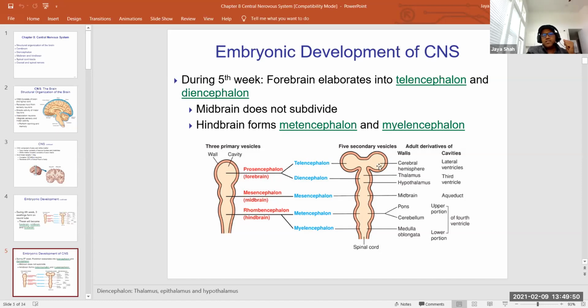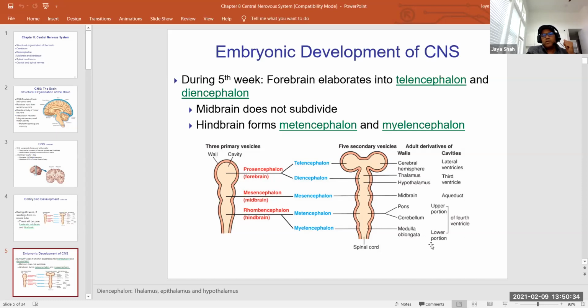So the telencephalon forms the cerebral hemispheres, the cerebrum. Diencephalon forms thalamus, hypothalamus, and epithalamus, which is not shown here. Mesencephalon forms the midbrain, and rhombencephalon or hindbrain forms 2 swellings: metencephalon forms pons and cerebellum, and myelencephalon forms medulla oblongata. So hindbrain is pons, cerebellum, and medulla oblongata, and brain stem is midbrain, pons, and medulla oblongata, not